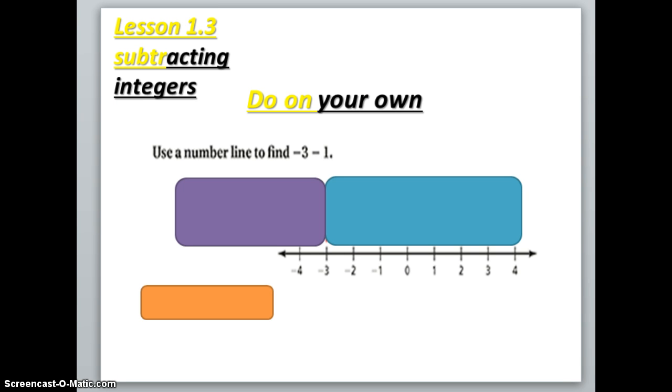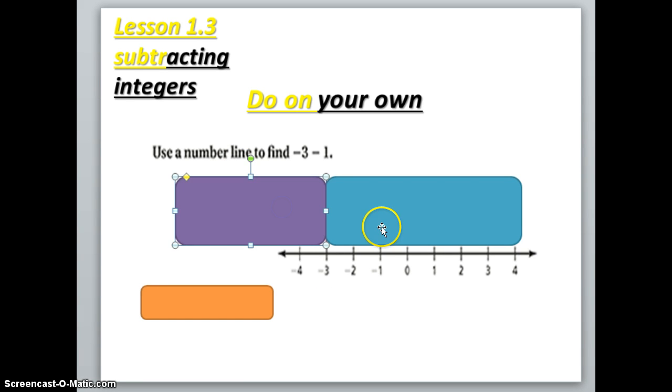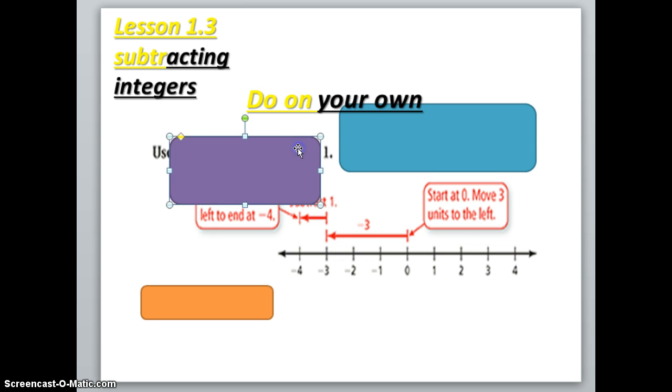So during this lesson 1.3, subtracting integers, there will be a do your own, as you can see in front of your eyes. Using number 1 to find -3 minus 1. So the first, I want you guys to do it on your own, of course. So find -3 minus 1. Sorry. So as you can see, if we go over 3 here,